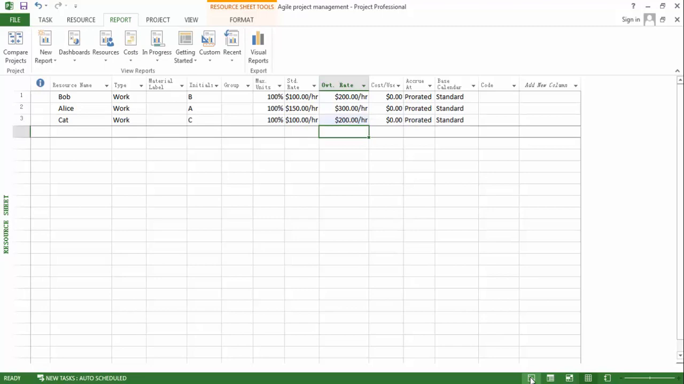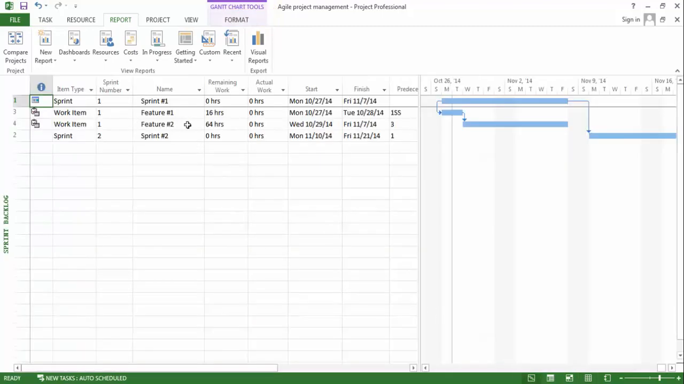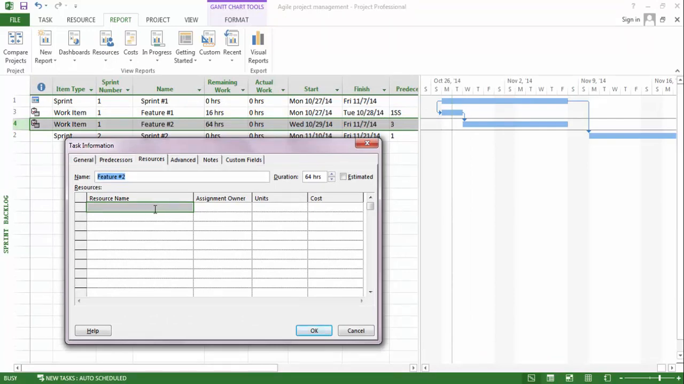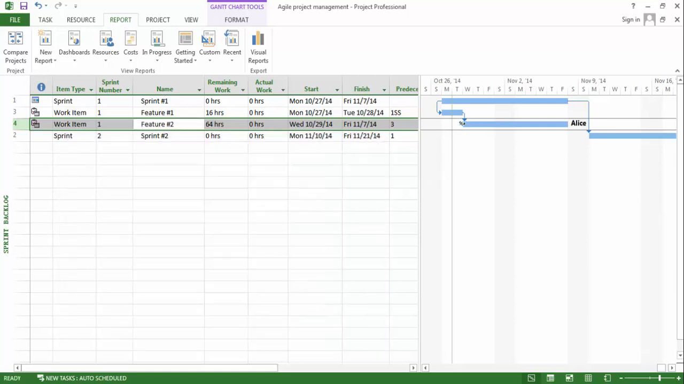And then assigning the resources to work items or backlogs is also easy. What we can do is double click the work item and select the resources you want to assign. And here we set the units to 100%, which means he or she will spend 100% of his or her time on this work item. And here you can see that Alice will fully work on this work item, and it should take 8 days, because 64 hours divided by 8 is 8 days,